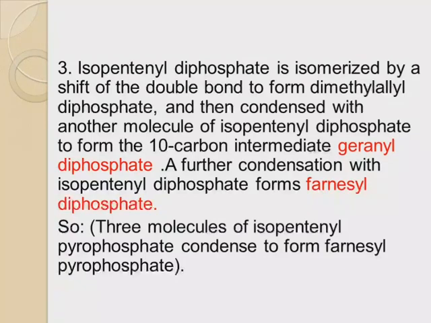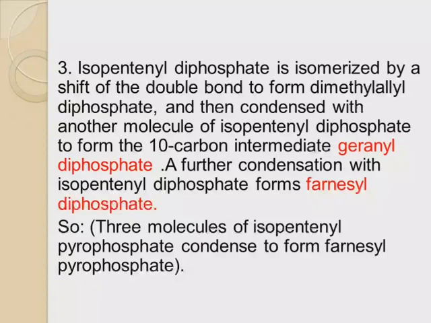So isopentenyl diphosphate is isomerized by shift of double bond to form an isomer. We said isopentenyl pyrophosphate has an isomer which is dimethylallyl diphosphate. So the step after the formation of isopentenyl diphosphate is isomerization, giving us the isomer of it which is dimethylallyl diphosphate or pyrophosphate, and then this will condense with another molecule of isopentenyl diphosphate to form a 10 carbon intermediate which is